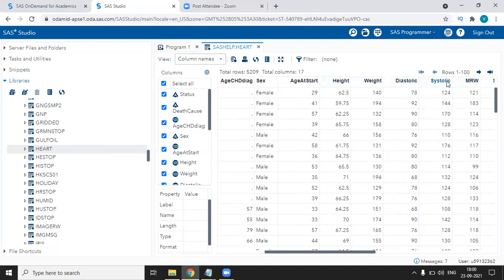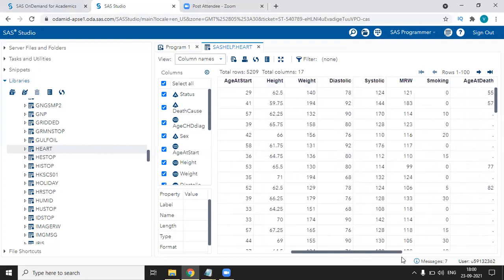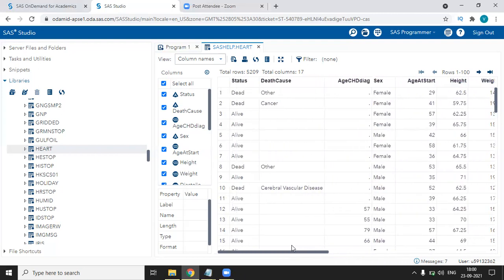So we have looked at our data set, which variables are present in it, and the type of each variable.